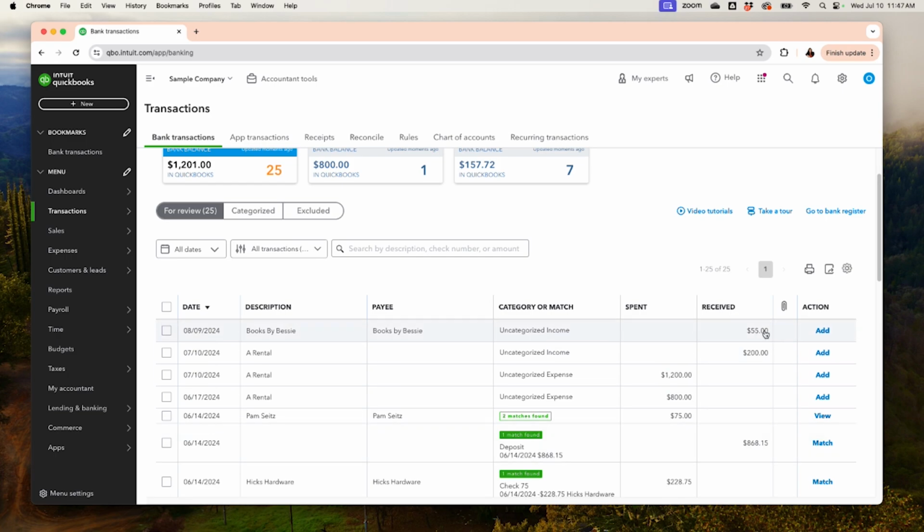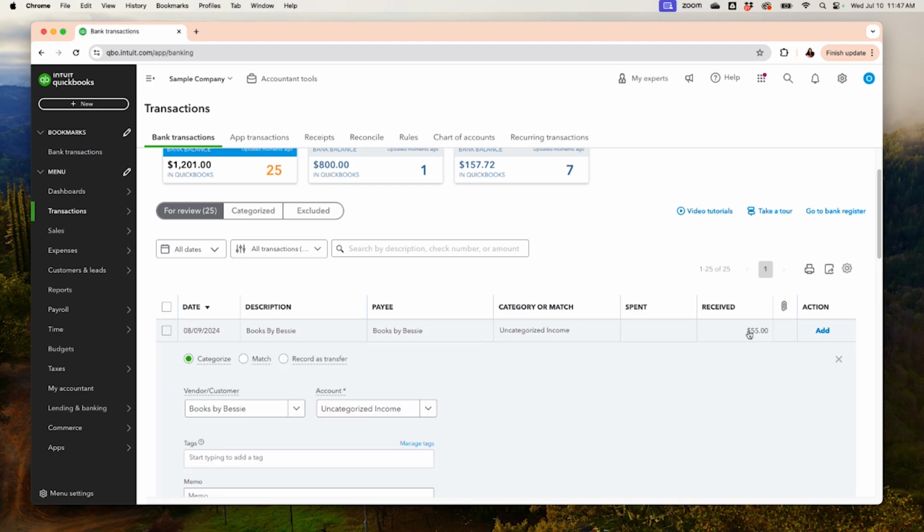I am going to record this as income. I could record it as income if I don't have a Square bank account. If I do have a Square bank account, I'm gonna record all this as a transfer out of Square Bank. Okay,